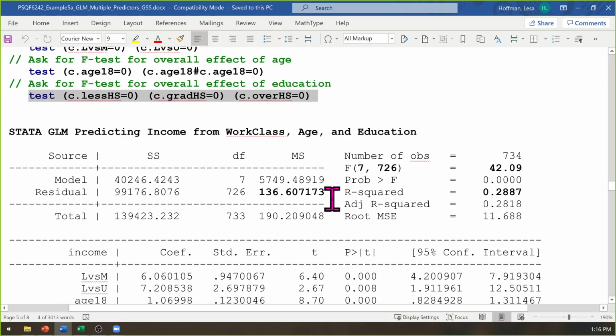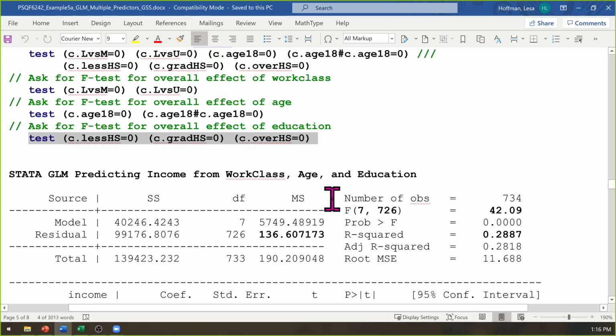For those 3, the intercept, is that only the intercept for the 0 of that group, or is it the intercept for all of the predictors combined? It's one intercept for all predictors combined. Okay. And so the intercept for each of these three is still the 18-year-old lower class 11th grader. Yeah, 11th grade education.